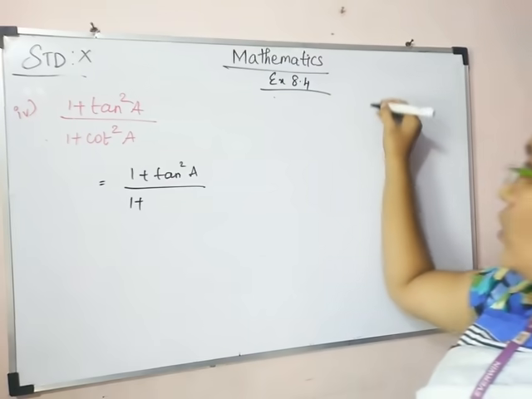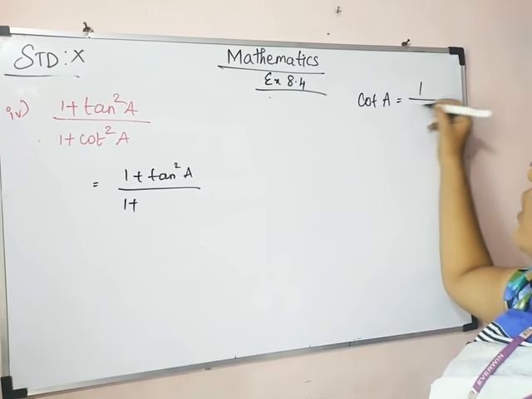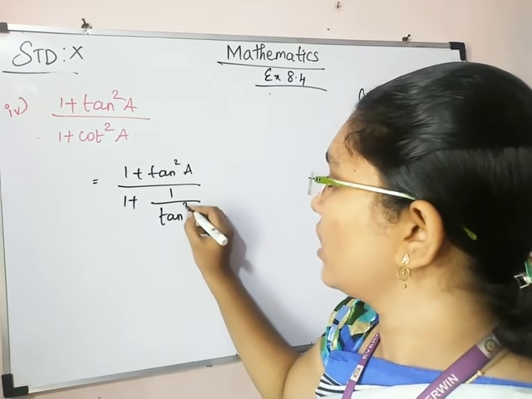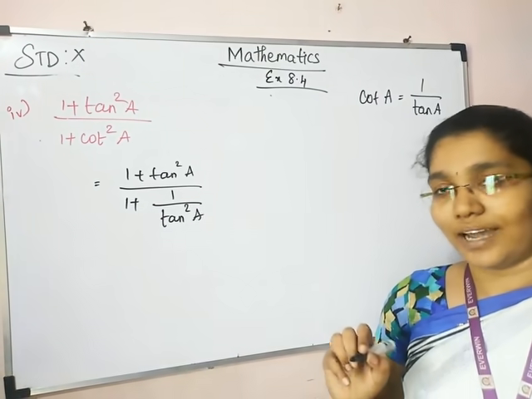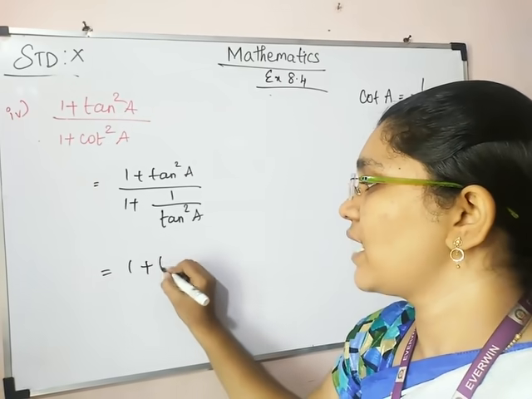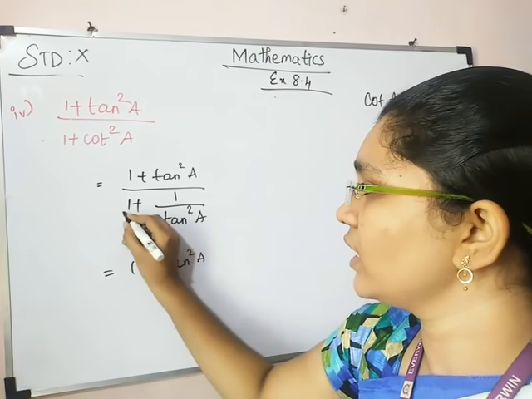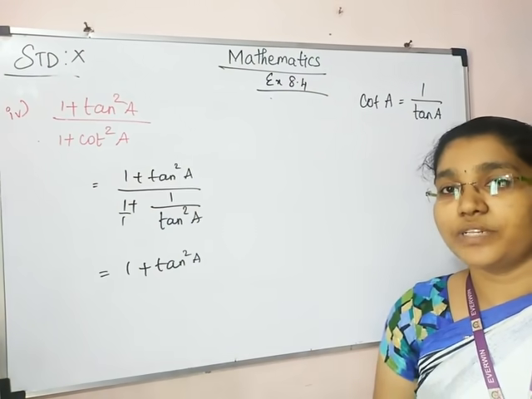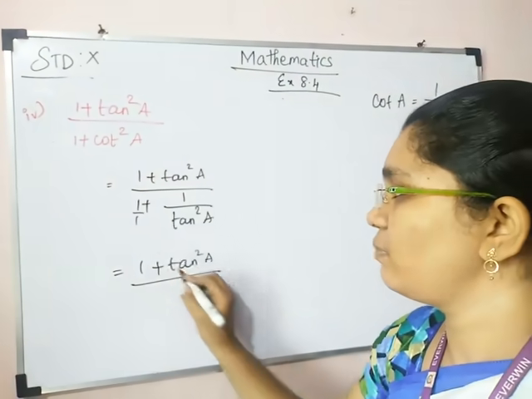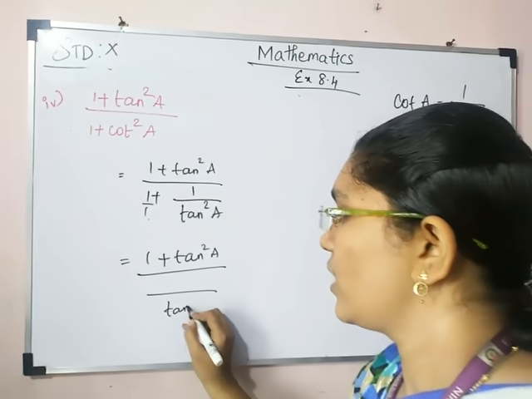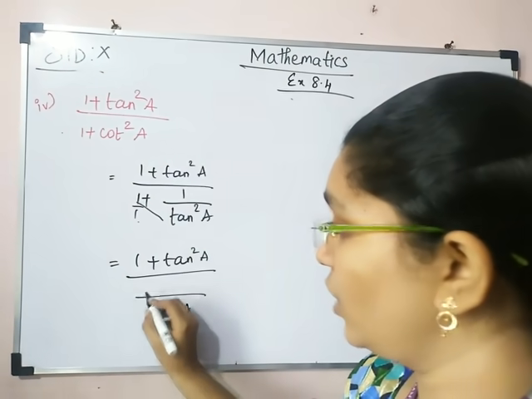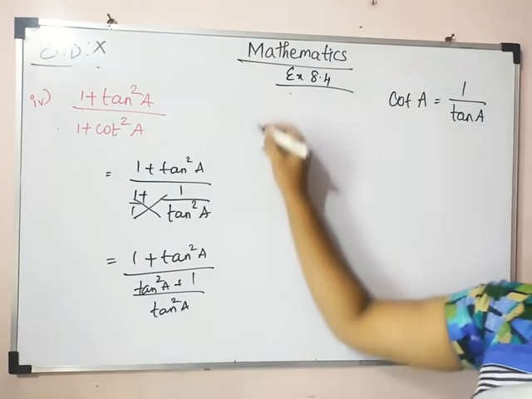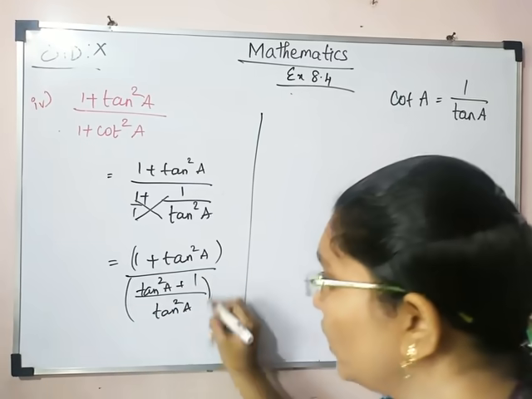So what is the cot value? Cot theta, cot A is equal to 1 by tan A, isn't it? So just you write cot square A is nothing but 1 by tan square A. So 1 plus tan square A, let it be. Nothing is there, can we consider it as a 1? So both the terms are combined with addition. So what are we supposed to do? Yes, obviously that is cross multiplication. 1 into tan square A, tan square A plus 1 into 1, 1. So this is one term and this is one whole term.